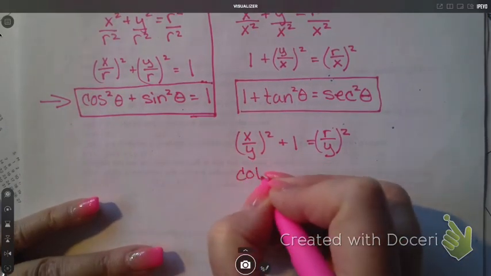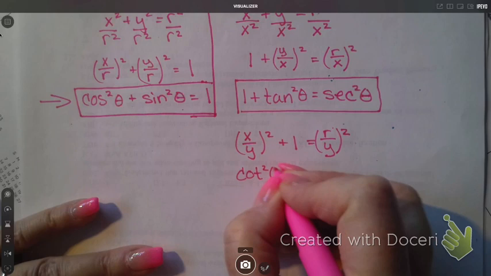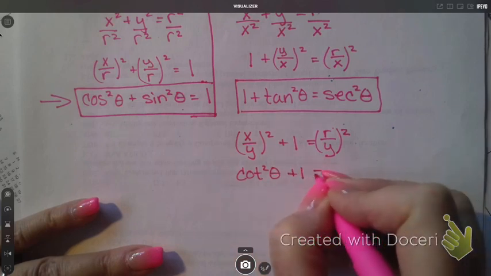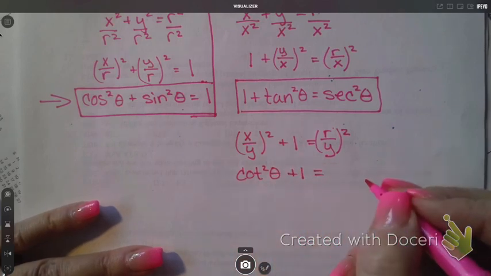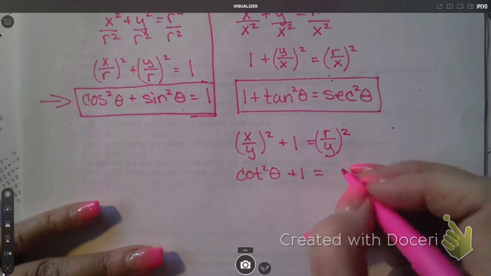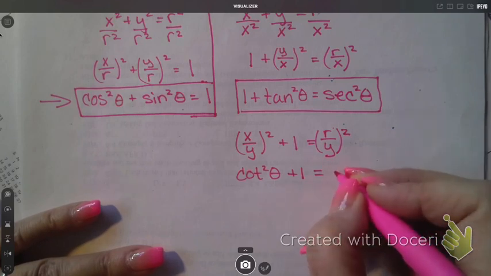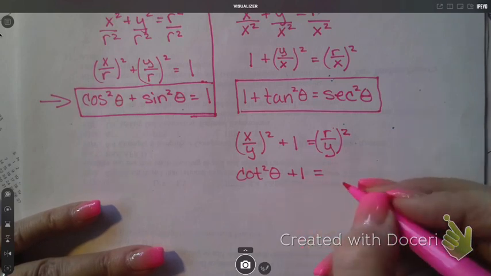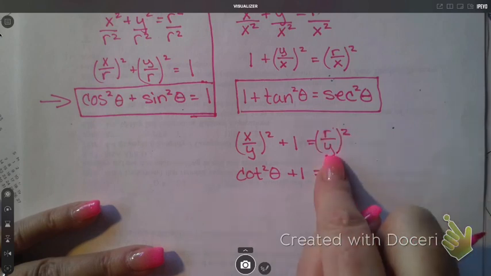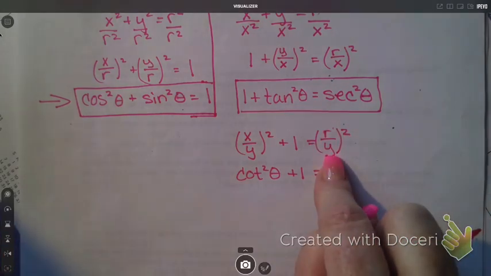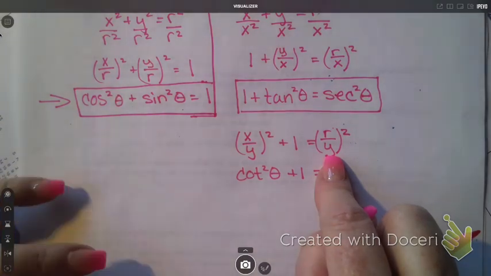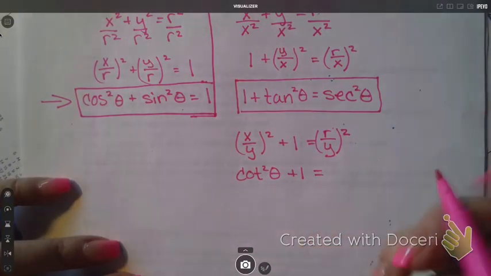Cotangent squared plus 1 equals... Okay, y is what? And when you say y, you should either say sine or cosine. Which one? Sine. What's the reciprocal of sine? Cosecant